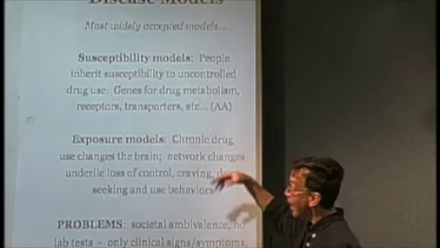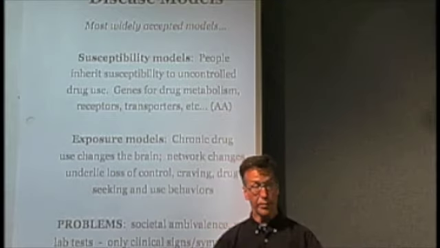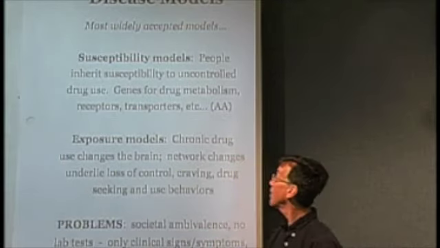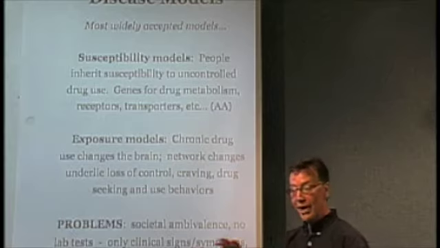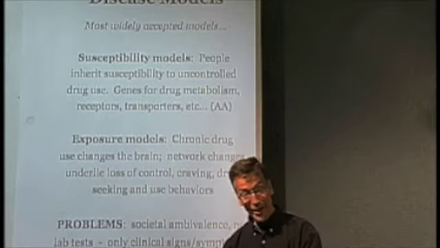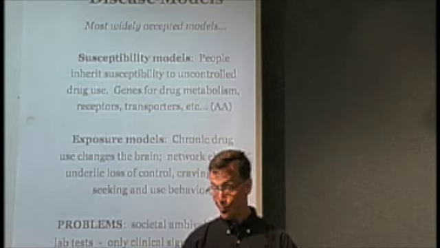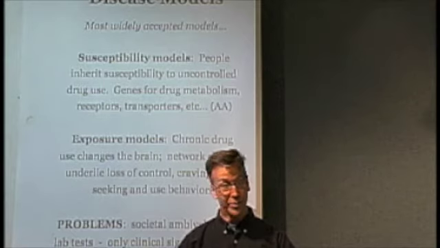So genes for drug metabolism, genes for specific receptors, specific transporters, etc. Some people will have a particular genetic makeup that predisposes them to dependence on particular substances, while others will actually